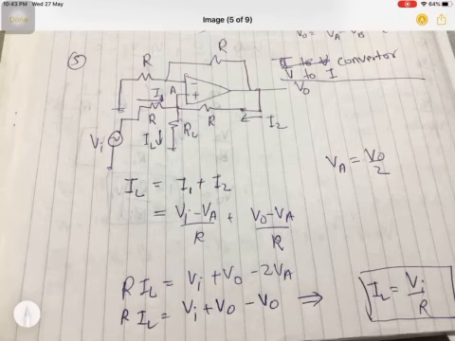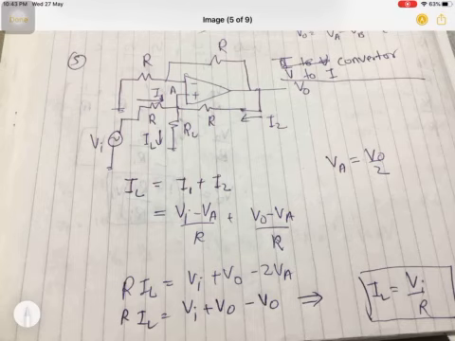Now we have a load current which is proportional to the input voltage. But the question is, what is the need of this circuit? It is the V to I converter. We can directly use a resistor R, apply a voltage Vi across it, and get the desired current IL. What is the need of putting so much circuitry? Instead, all this work can be done by just a simple resistor. That is the big question.